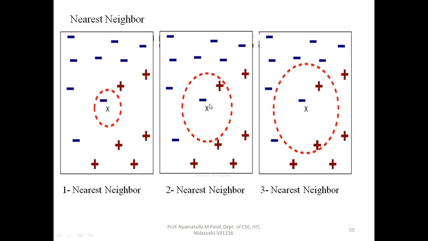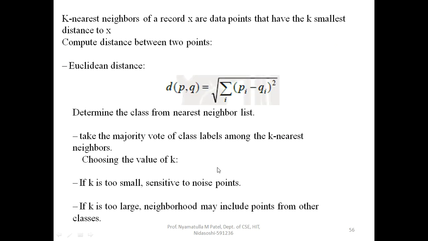Now, here we have two points, one positive and one negative. So, here a majority vote is not available. In this case there is one negative and 2 positive, so the majority vote is 2, and whatever is the class of plus will be assigned to this one. This is the 3 nearest neighbor, this is 2 nearest neighbor and this is 1 nearest neighbor.